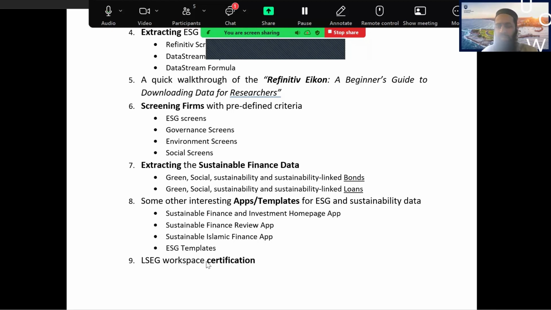And then for early career researchers, PhD students or honor student, LSEG have Workspace certification available free of cost. If UQ has the subscription, so you can do certification. And I was giving talk in the morning at Griffith, and Professor Robert Bianchi, he said, I saw on LinkedIn someone from Macquarie University posted that I have completed the LSEG certification.